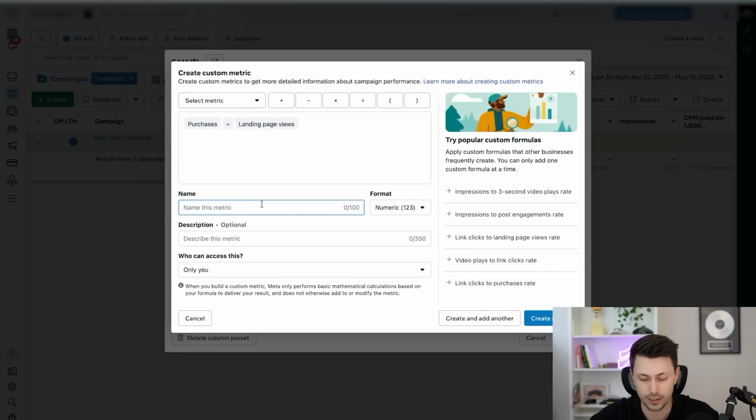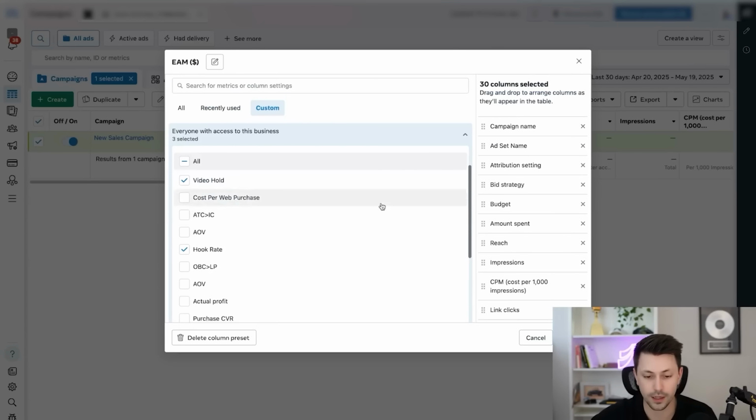And then when you're naming this, you could call this purchase CVR, and you're going to change this into a percentage, because obviously this is a percentage that you're looking at, and you can give access to everybody. And then you're going to click create metric. Now I'm not going to do that because I already have the metric, but the other two metrics that we have are